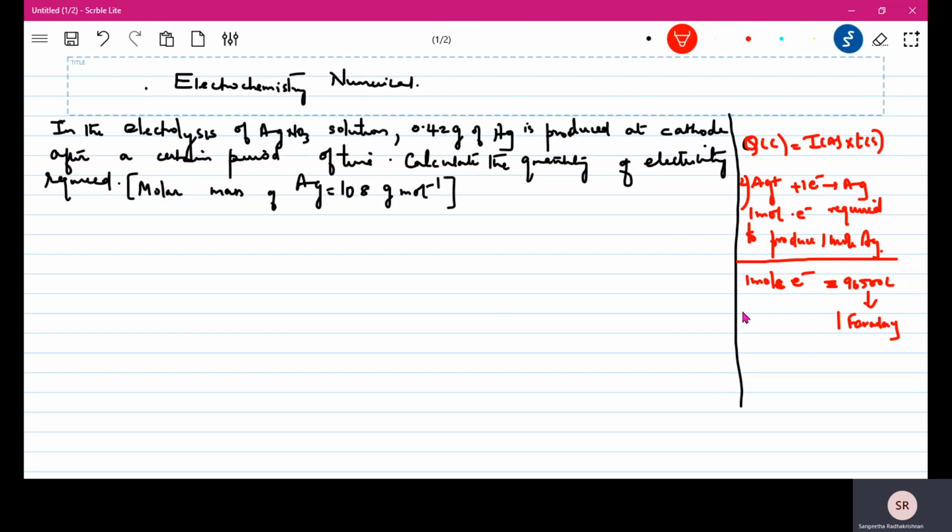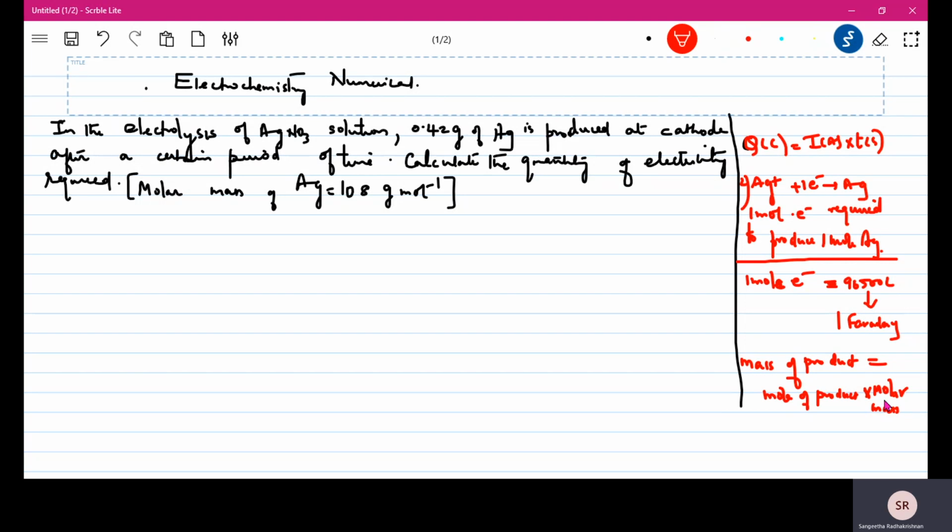Okay. And then the mass of any product, that means mass of copper, mass of silver, whatever, the mass of the product will always be given by moles of the product, whatever, if it is silver, then moles of silver into molar mass. Okay. So whatever moles are produced into molar mass. These are some of the basic formulae that you need to remember.